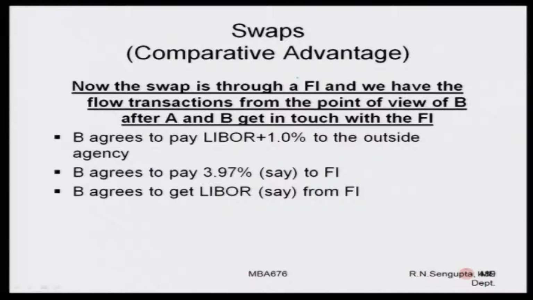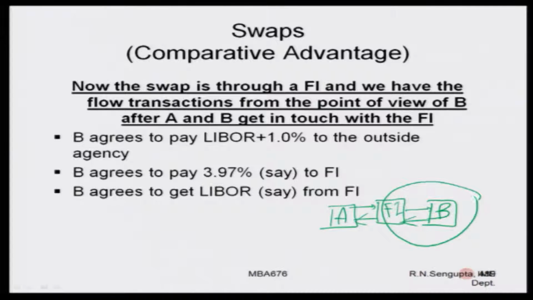Now, considering from the point of view of the other party. If you consider A and B, they are the same thing, only the plus and minus would be different based on how you are trying to analyze. So, this is A, this is B, and there is an FI in between. You are trying to consider the transactions one at a time. First case,